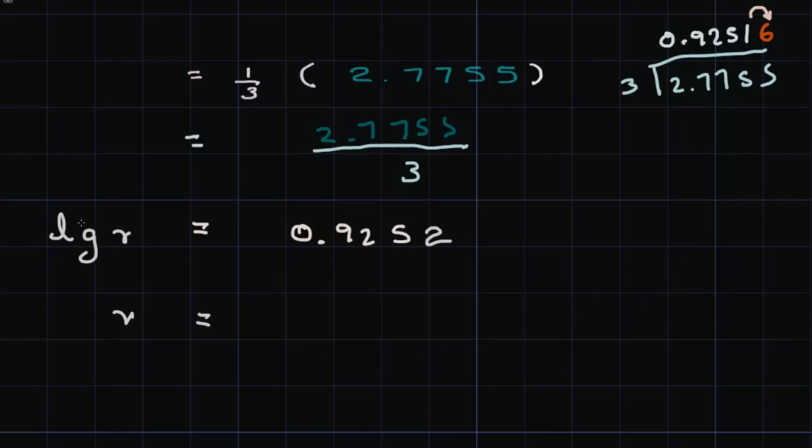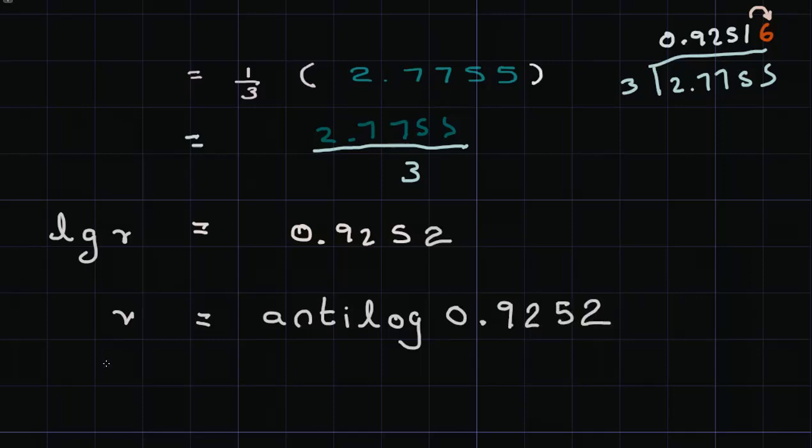R equals, log goes to the other side. When log goes to the other side, it becomes the inverse of log. What do we call the inverse of log? We call it anti-log. Anti-log of 0.9252. So R equals,